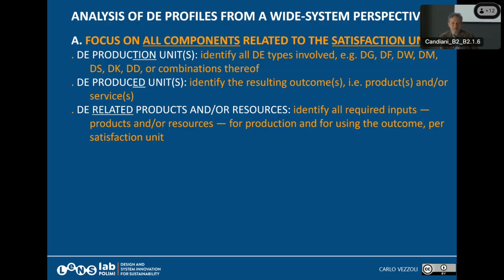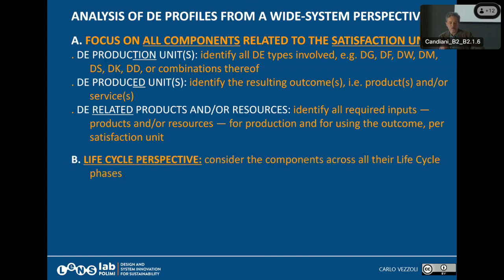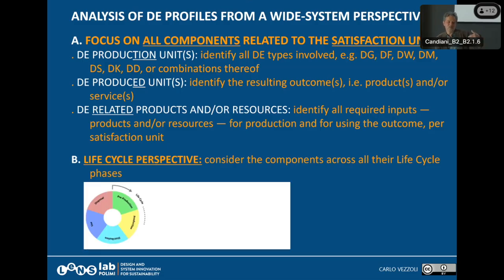But the system, so looking at the system level, means looking at all those issues. The point is, and here it becomes even more difficult, that all of these components need to be considered in relation to the life cycle stages, okay? So here, try to pay attention. Do you remember which are the life cycle stages? Pre-production is when we produce the material, production, we produce the product, distribution, use, and disposal.